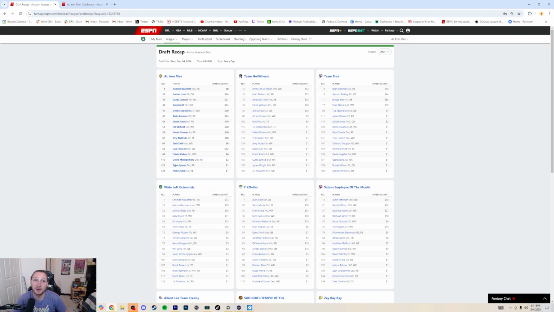So my next pick in this Superflex league was Jordan Love, quarterback of the Green Bay Packers. So I started with Mostert, and then I got my first quarterback. Quarterback is very important in the Superflex. So